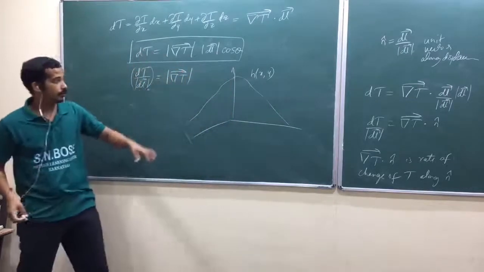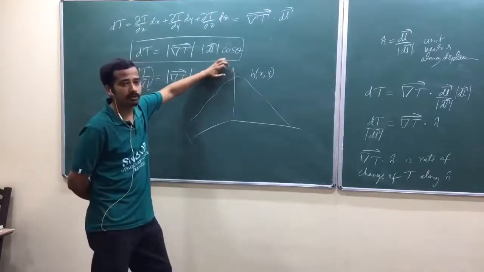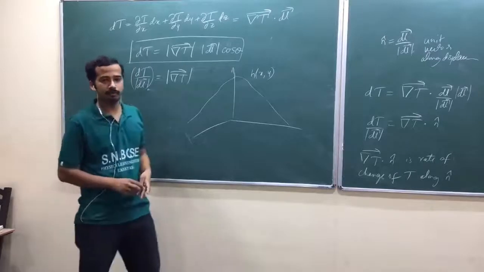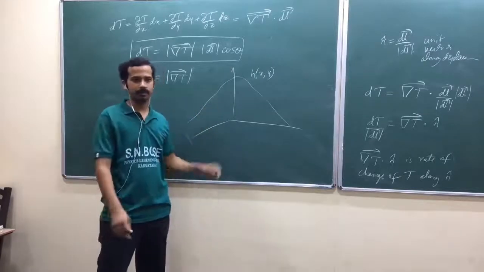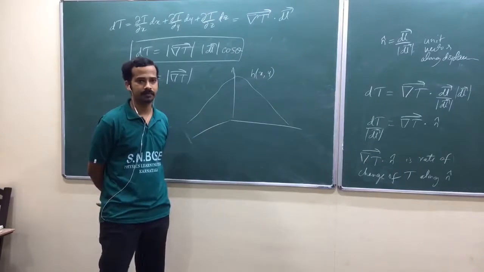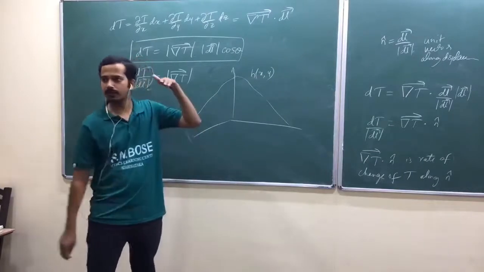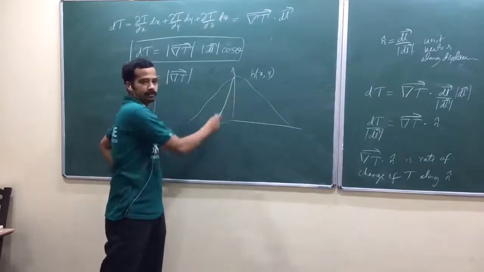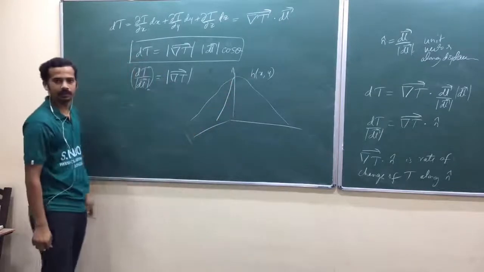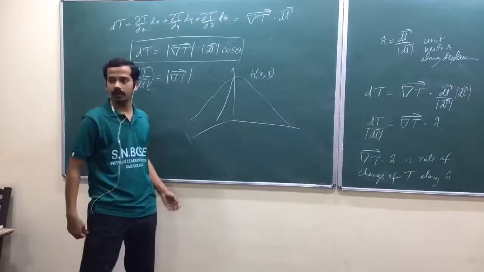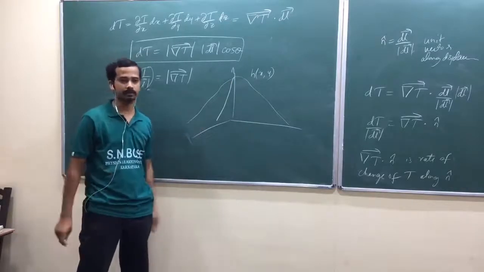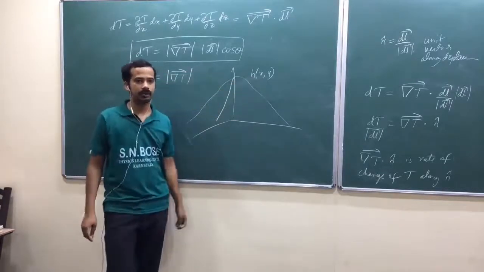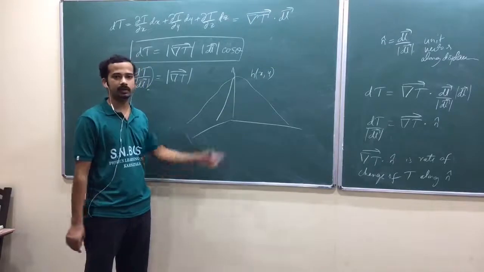When you are standing here, if you look at the direction of maximum slope, that is the direction of the gradient. Suppose somewhere here you have the steepest path down the hill. Steepest path means height will change at the maximum rate. Along the steepest path you have the gradient, and the slope of that steepest path is the magnitude of the gradient.